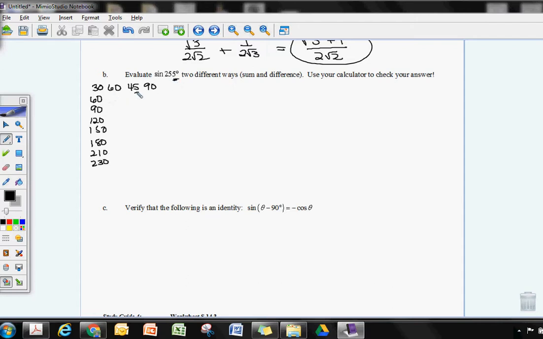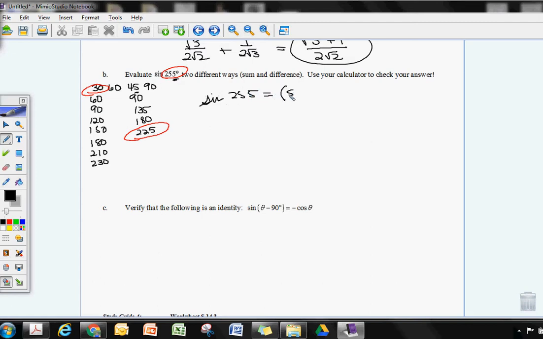I'm going to need something with the 45. So 90, 135, 180, 225, and wait, I can see one possibility now. 225 and 30 would make a 255. Got it. So sine of 255